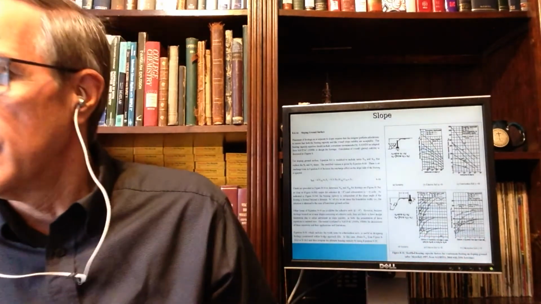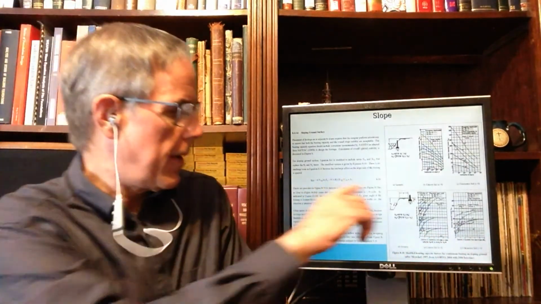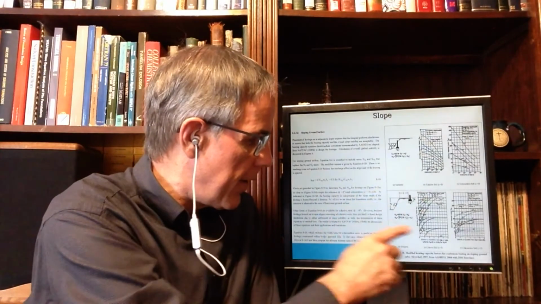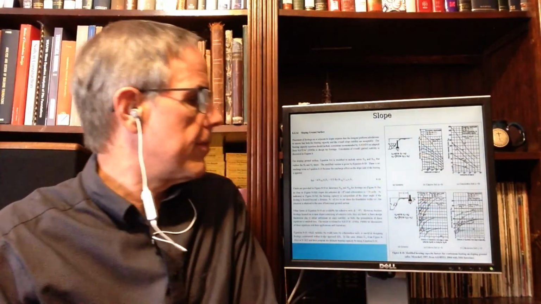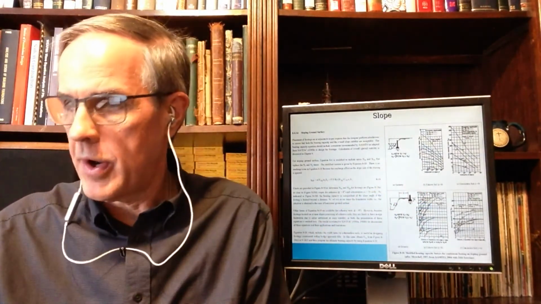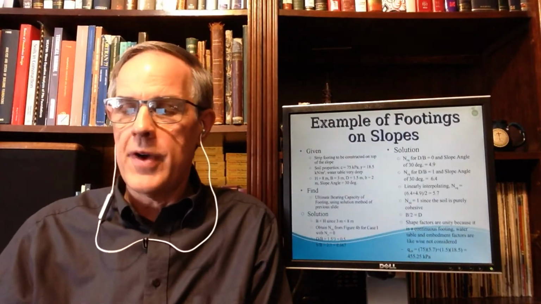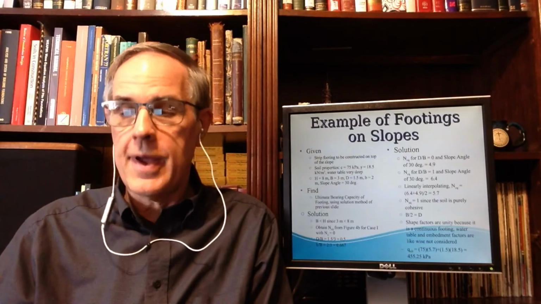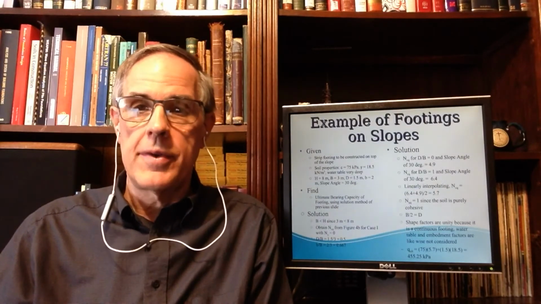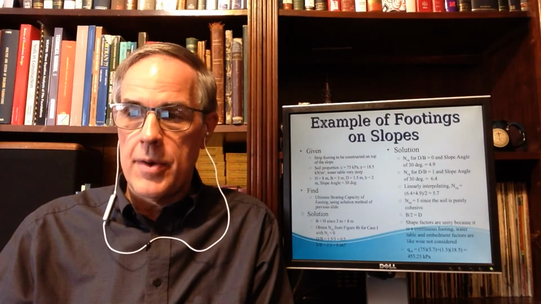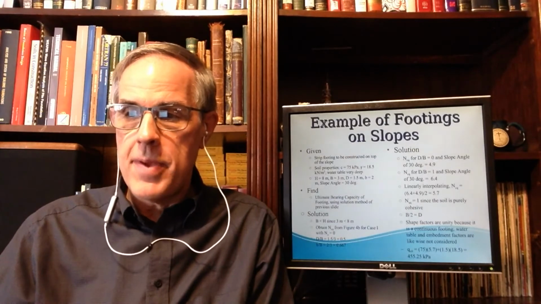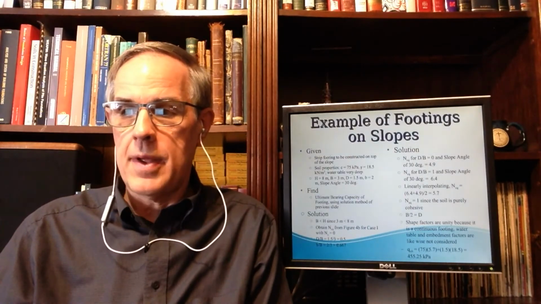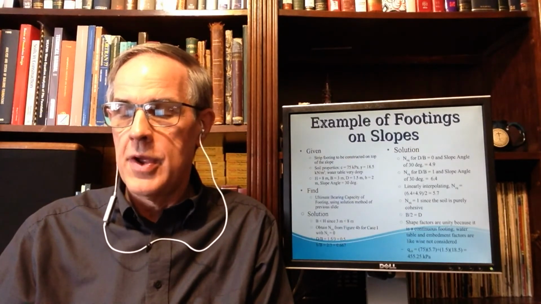They're given right here. You need to follow those very carefully. So find the ultimate bearing capacity using the method of the previous slide, which again is also given in your book. H is greater than B since 3 meters is less than 8 meters. You obtain, now the